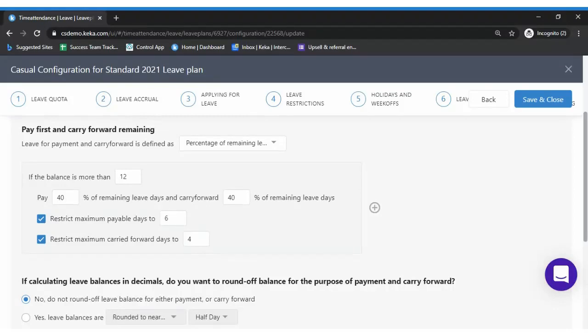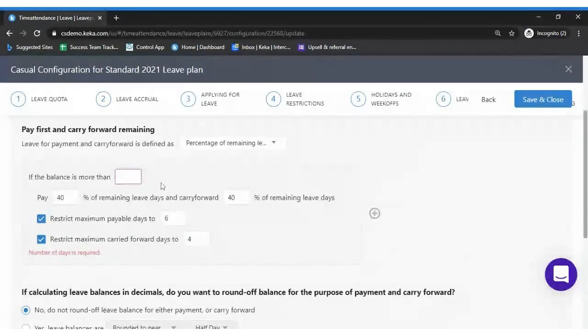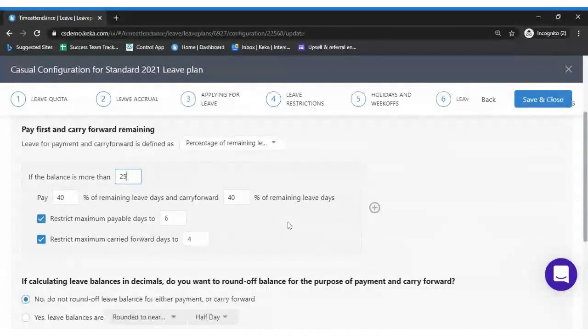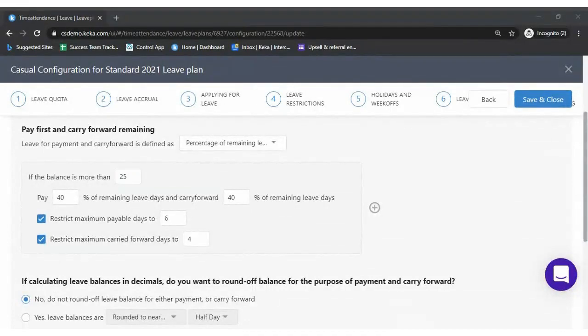Apart from this setting, we will be getting a few more settings, which is restrict maximum payable days up to 6. Let's assume the balance of an employee is 25. 25 minus 40% will come up to 15.